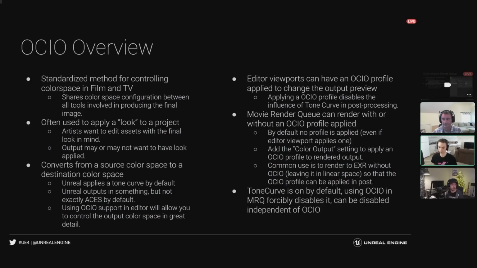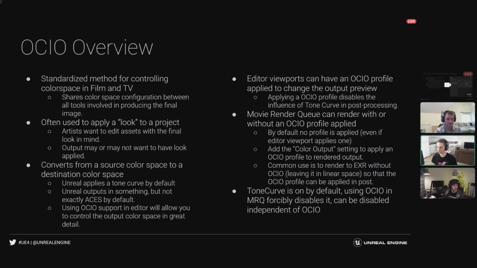It does not by default affect the movie render. By default, the movie render is going to go back to the Unreal sRGB, linear, not quite ACES output. So if you want to render out from movie render queue with the OCIO profile applied, say you wanted to render out some PNGs and show your boss what it looks like with the color from Unreal, you can use the OCIO settings there to have it apply that profile to the output PNGs.